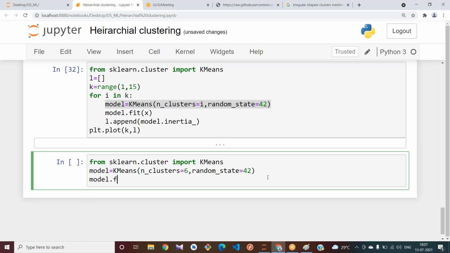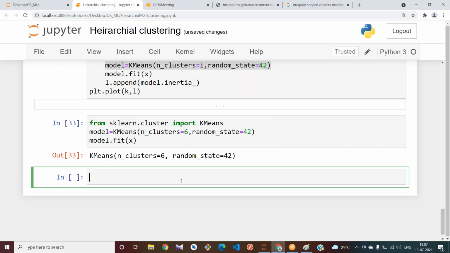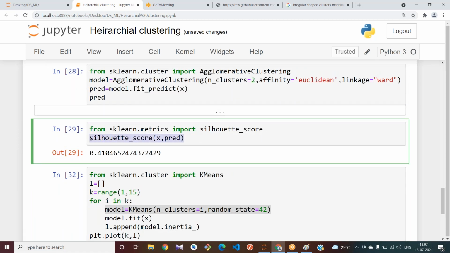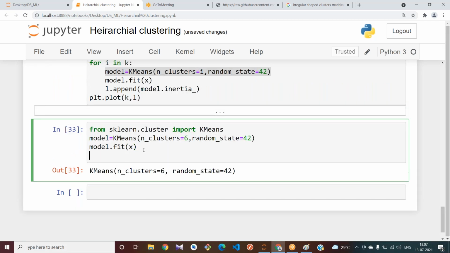Model dot fit of X. Now to calculate the Silhouette score, I didn't predict the values, right? Y underscore predict equal to model dot predict of X.